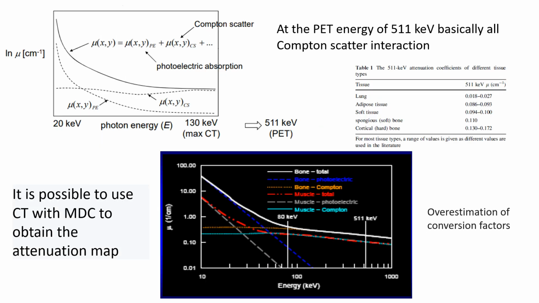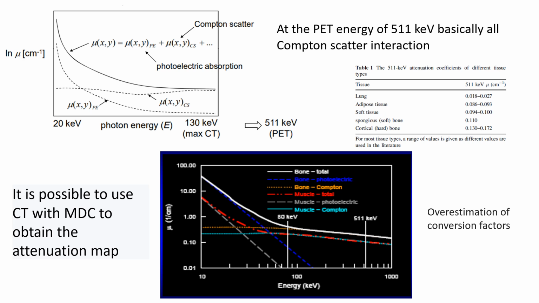The possibility to use the CT acquisition to correct for attenuation passes through the conversion of the acquired CT linear coefficients to the corresponding coefficients at the energy of annihilation photons. The mathematical conversion of the coefficients is based on the curves shown in the picture that represent how the Compton and the photoelectric effect contribute to the attenuation as a function of the photon energy. We can see that at 511 keV we have almost only Compton scatter, while photoelectric effect is more important at lower energy.